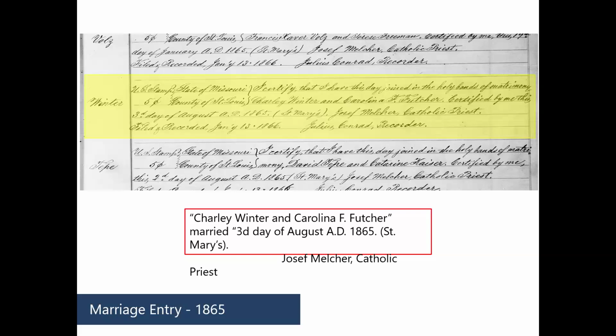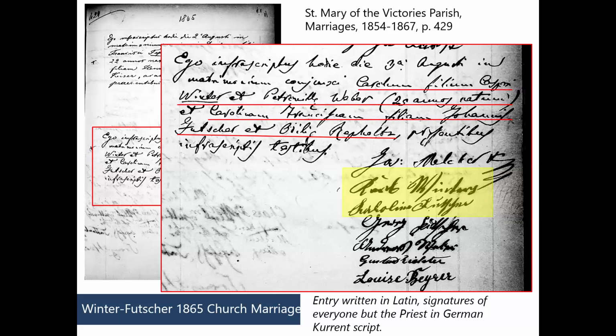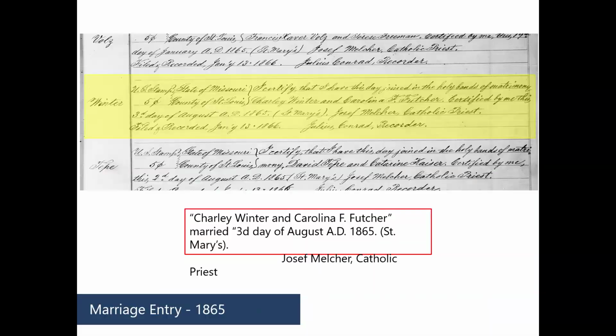Marriage records are one of my favorite records, in large part because the information is coming from the bride and the groom, who are, of course, alive when all of this is happening. Here we have the marriage entry. Sorry, Kathleen, can we go back one? Here we have the civil marriage entry as it appeared in a clerk's copybook showing the marriage entry for this in the state of Missouri in St. Louis. It says, I certify that I have this day,